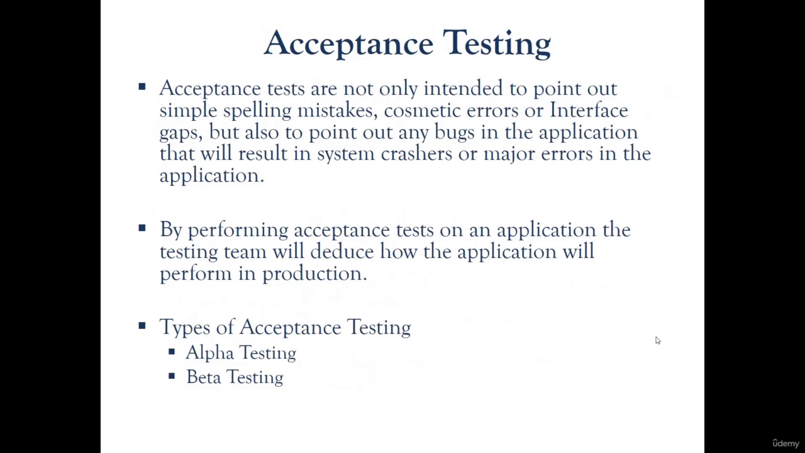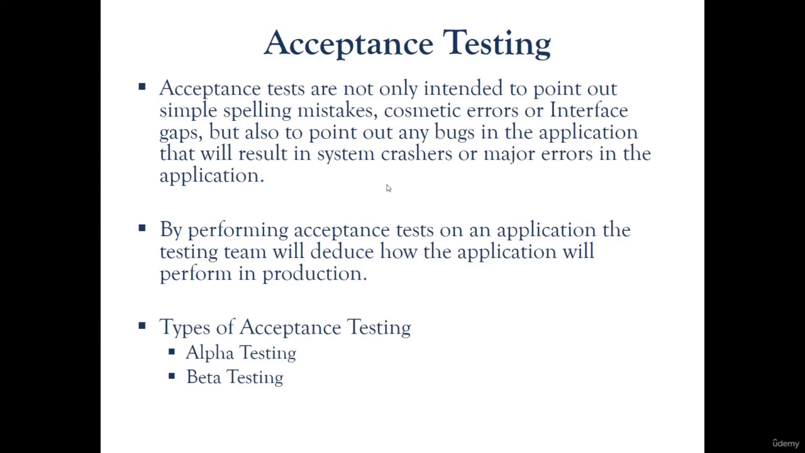Then let's talk about acceptance testing. Acceptance tests are not only intended to point out simple spelling mistakes or cosmetic header or interface gaps, but also to point out any bug in the application that will result in system crashes or major errors. Suppose you are making your application live in front of a massive audience, any kind of error can happen. Sometimes the development team is unable to commit code properly, or they miss some functionality, and due to a missing file or code snippet, a lot of other